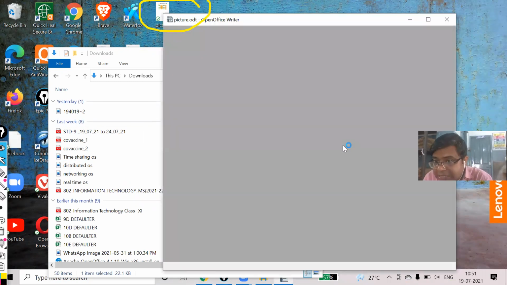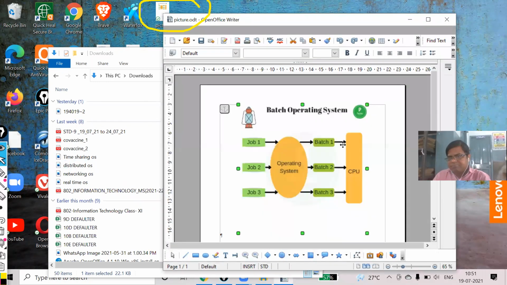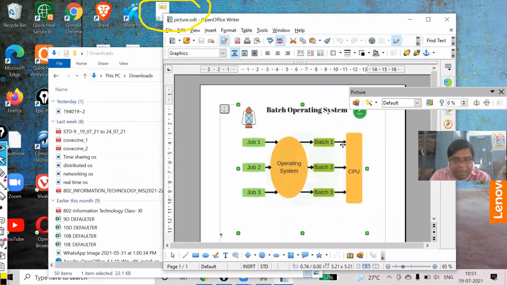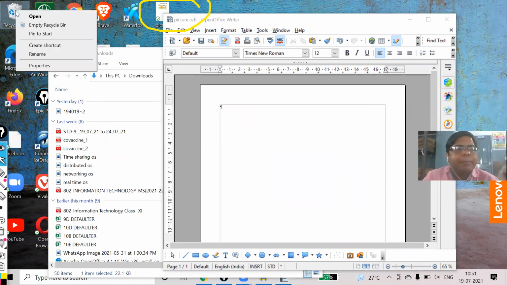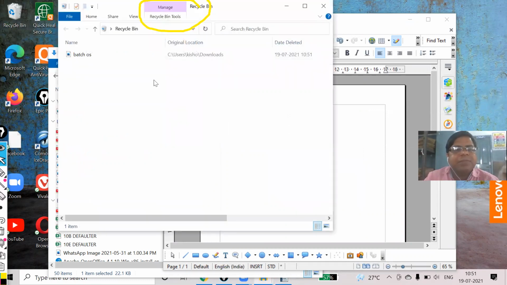Is the picture available, my dear? It is available, but I will give you a new process. Here your picture will be inserted, but it will be a linked picture. It means if your original file is deleted, this picture will not work. Okay, so let me bring that one back from the recycle bin.